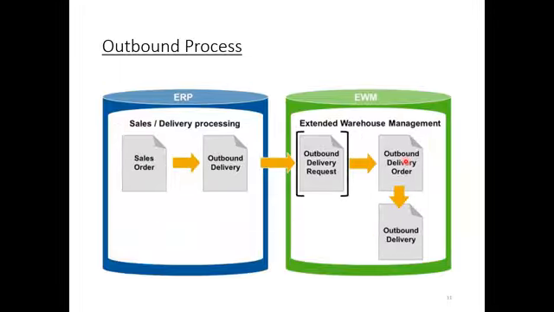And then in the outbound process, when you receive the order from the customer, you have the sales order, where you create the outbound delivery. Suppose your customer requested 100 apples and 100 mangoes. So a sales order will be created. With reference to that, the outbound delivery will be created and the worker is going to take the apple, which is called the picking process in the EWM. This outbound delivery will create another outbound delivery in EWM.